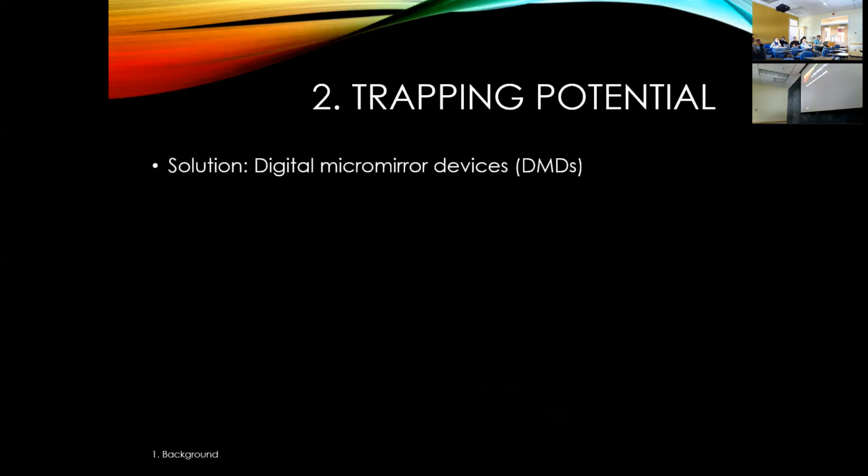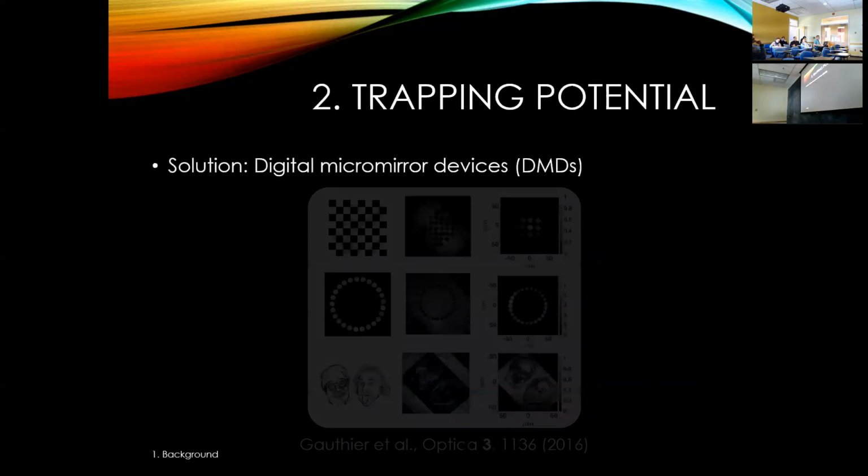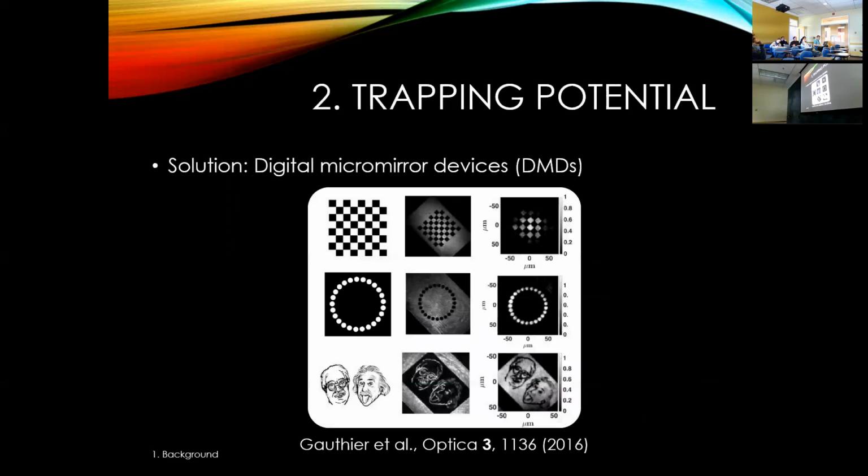So the good news is, again, this was solved quite recently. So one solution is to use what's called a digital micromirror device, or DMD. So this is basically the same technology that's in your common projector. So the idea is you just have some array of pixels. So it might be 200 by 200